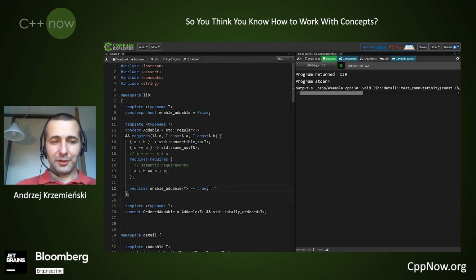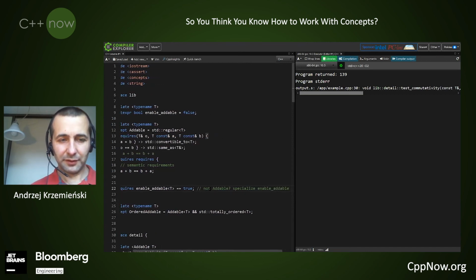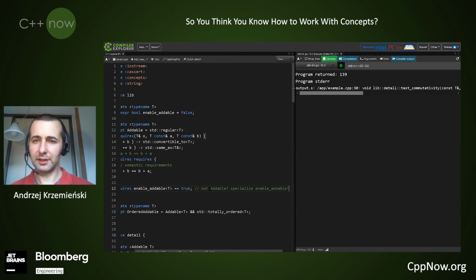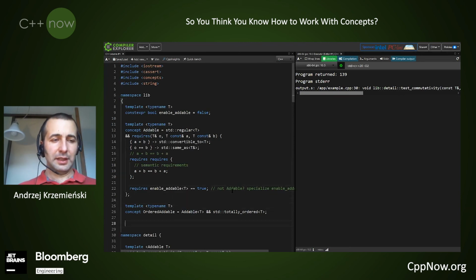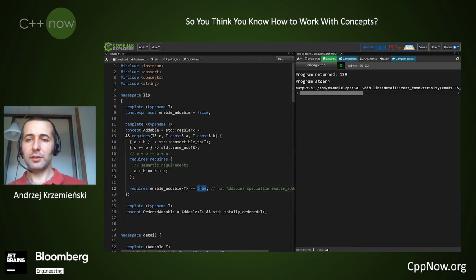And this is also an important part. We put a comment here. Because in modern compilers, when the compiler gives you an error that comes from some line in the source code, it will also show you the comment. So we are helping the user understand what is going on. So it is false, and we require that it is true, which means no type in the world will comply with this concept.